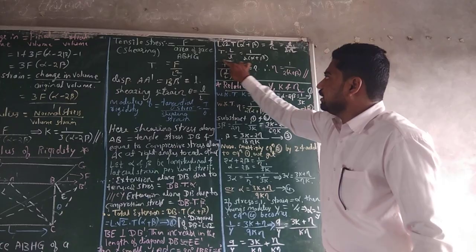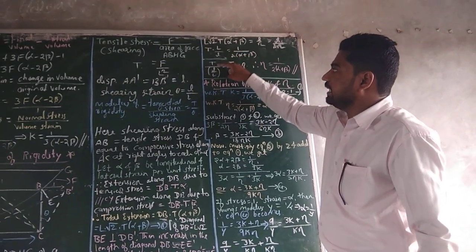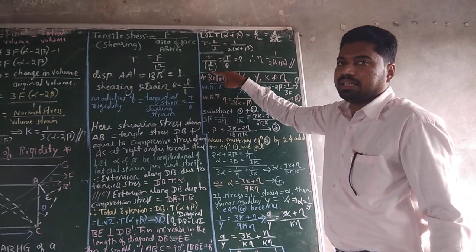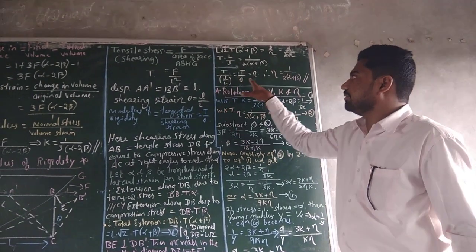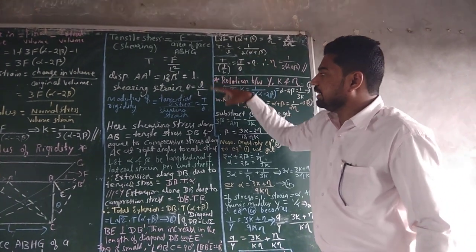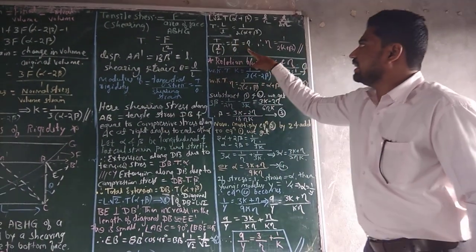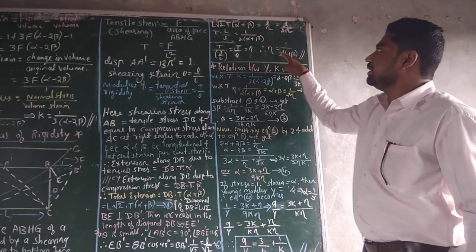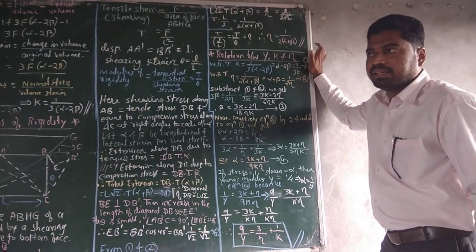Okay, now see the terms on the LHS side. That is T into L by l. You have to write T divided by small l divided by capital L. Small l by capital L is theta, the shearing strain. See here, T divided by theta. What is the value of T divided by theta? It is the modulus of rigidity. Therefore, modulus of rigidity equals 1 divided by 2 alpha plus beta.